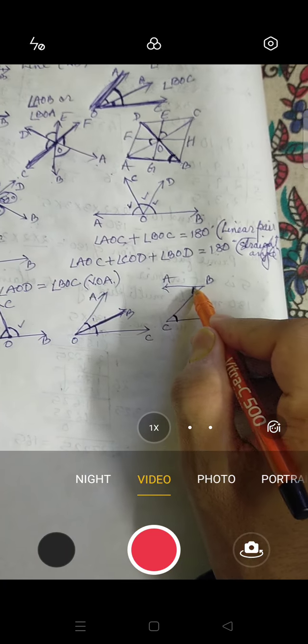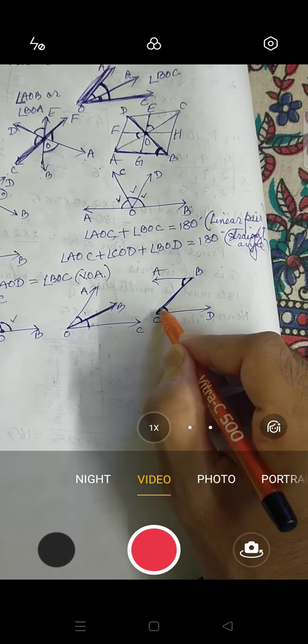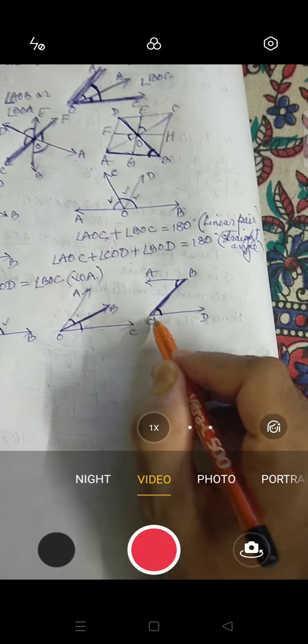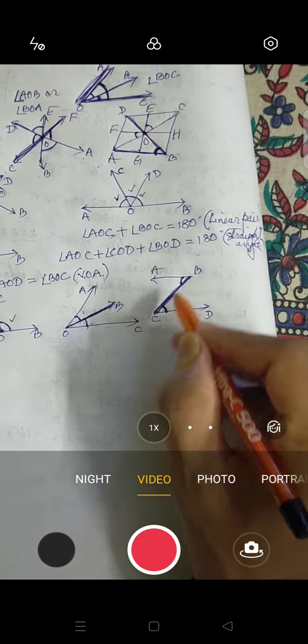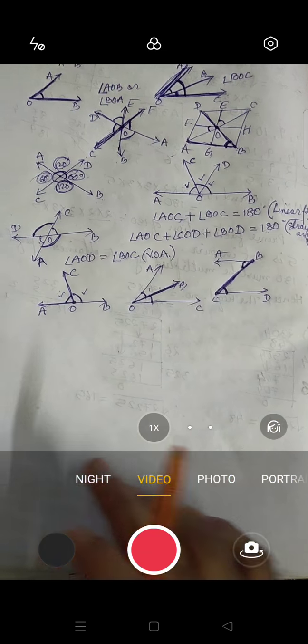You can see that in this angle you are having this arm, and in this angle also you are having a common arm. But for this angle this is the vertex, and for this angle this is the vertex. So the vertices are different. It means that this is not an adjacent angle. Is it clear? So these were the few things you have to remember about lines and angles. Later on we will be studying a few more things.